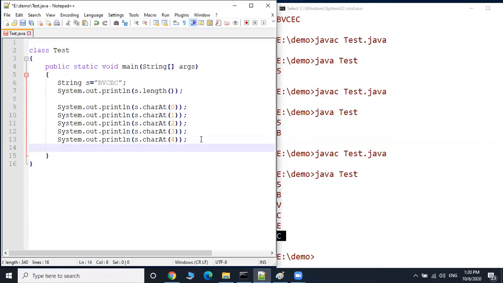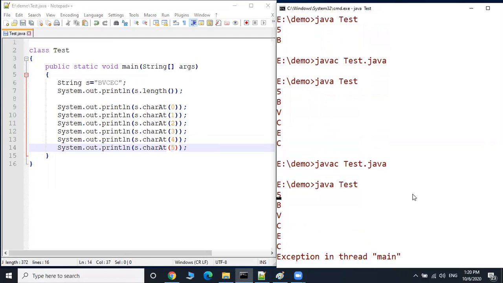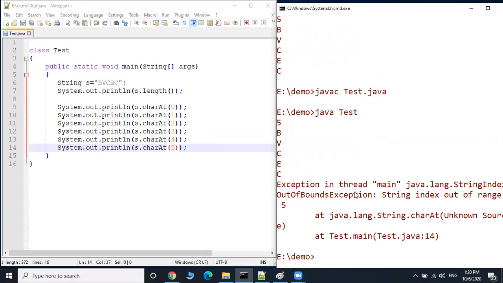Now suppose I am trying to access the character at 5. The index 5 does not exist here, but I am trying to access it. This will raise an exception called string index out of bounds exception. This also you can handle using try catch blocks.